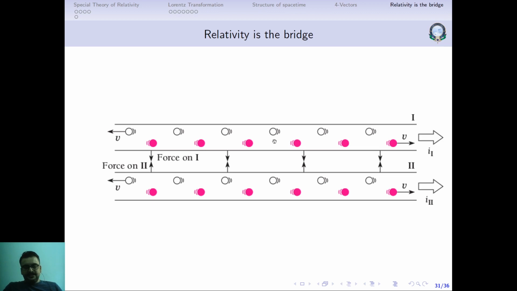Same analysis we can apply on this, and we can say the other way around as well. There is a magnetic field created by this, and this magnetic field acting on the moving charges causes a force of attraction in this direction. So that's how we explain it.